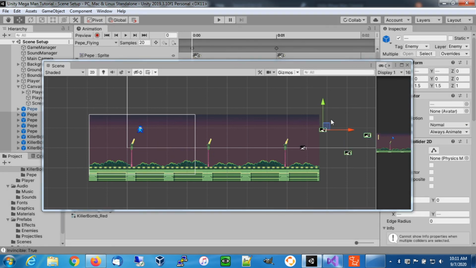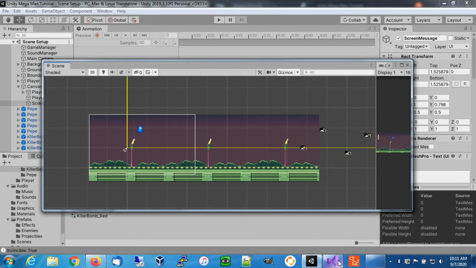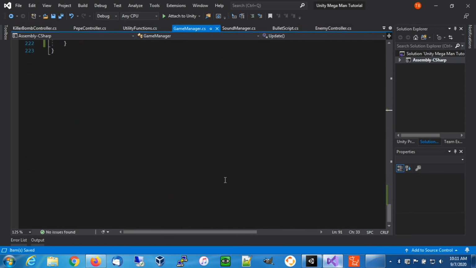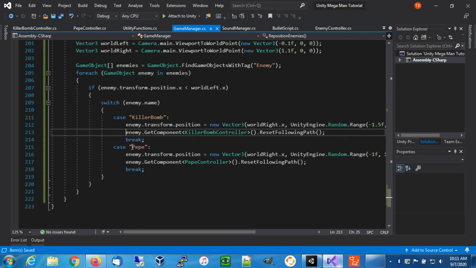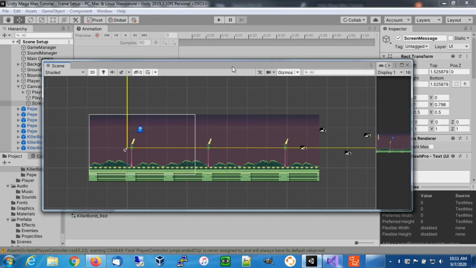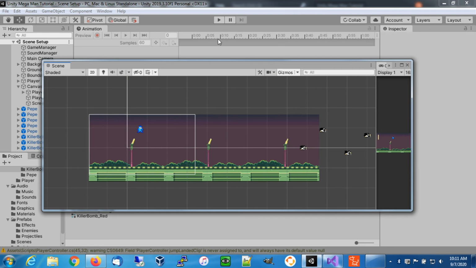So now what we're going to do is that one thing inside of the game manager. Let's just disable this so you can see what happens. We're going to disable the following path, so it doesn't calculate a new start and end points on the curve for each of the enemies. So if we play it now,